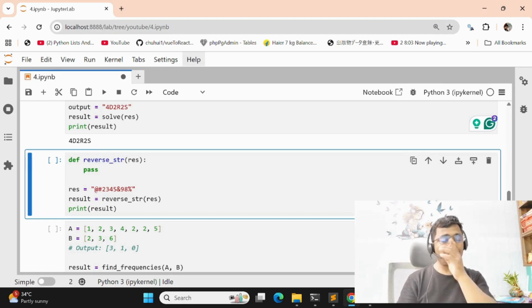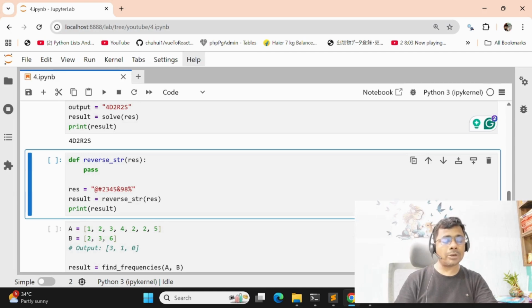Then we'll go to the next program. In the next program, define one string. The string contains some numbers or some special characters. But the interviewer asked not to change the special characters, only reverse the alphanumeric characters.